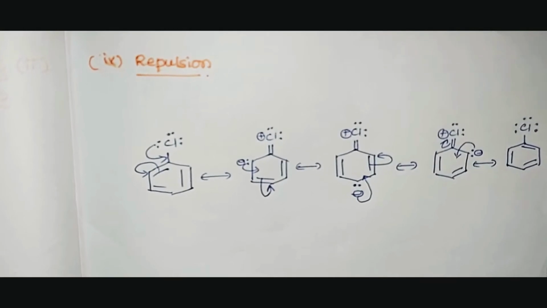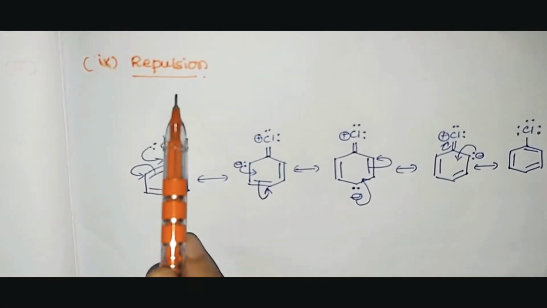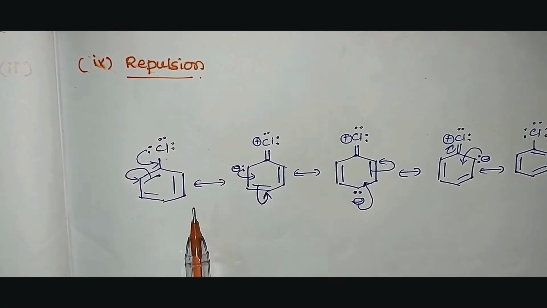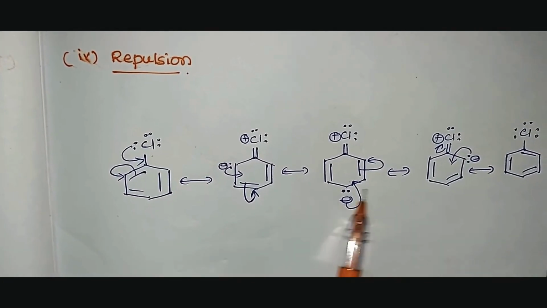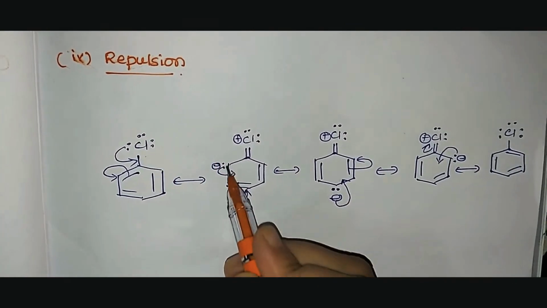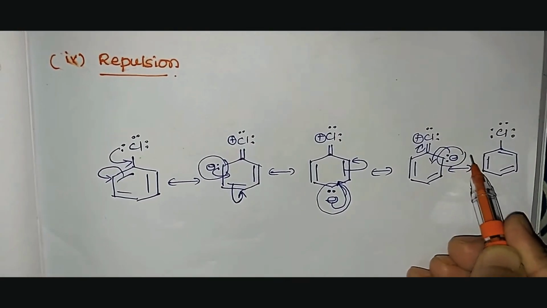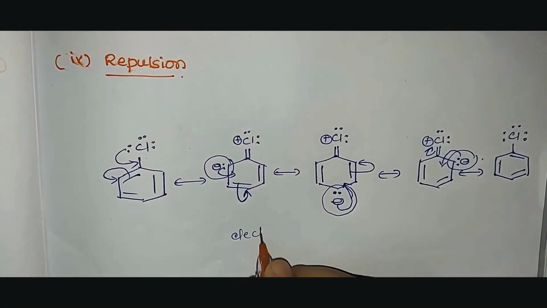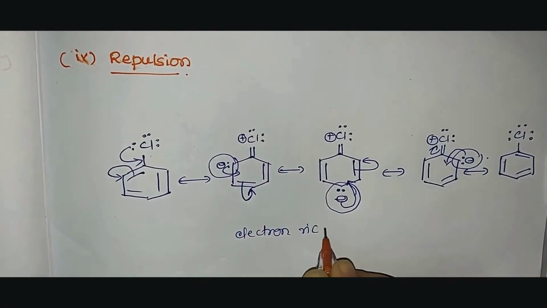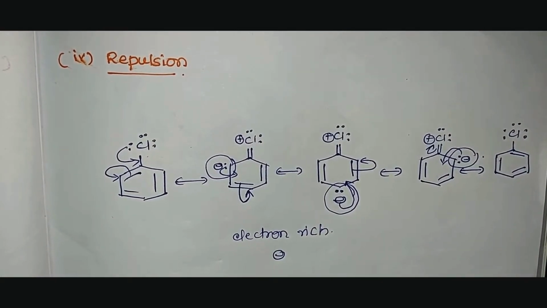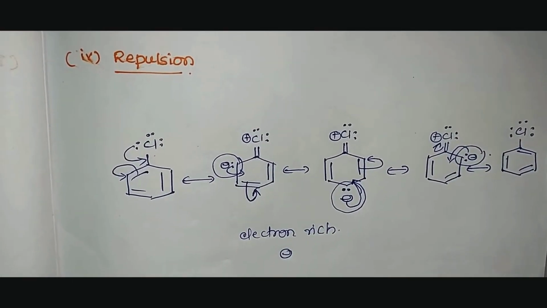The next reason is repulsion. So these are the resonating structures which we have already seen here. So what do we observe here? Electron density is greater on the benzene ring due to the donation of the electron from the chloro group, that is on ortho and para position. And if the electron density is greater, that means what? Overall negative charge of the benzene ring will be greater, and hence the nucleophile, we will consider one of the nucleophiles, that is OH minus here for time being.